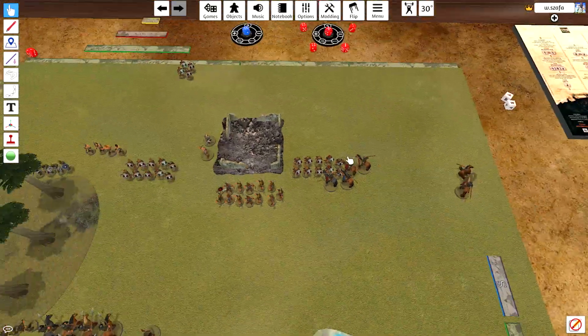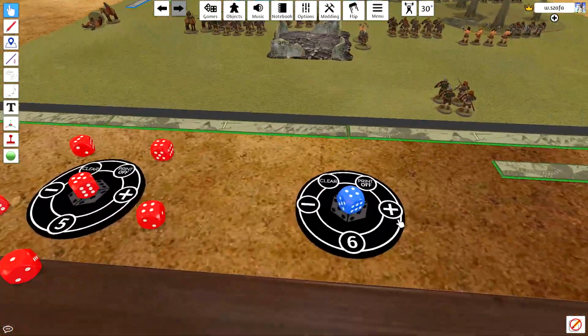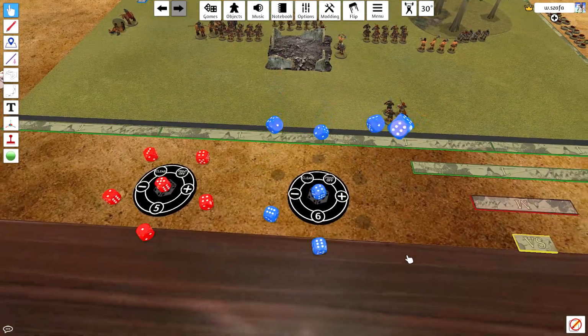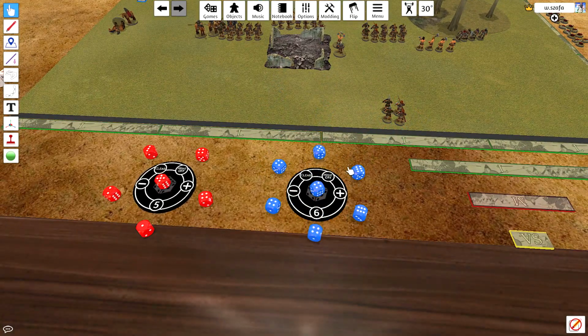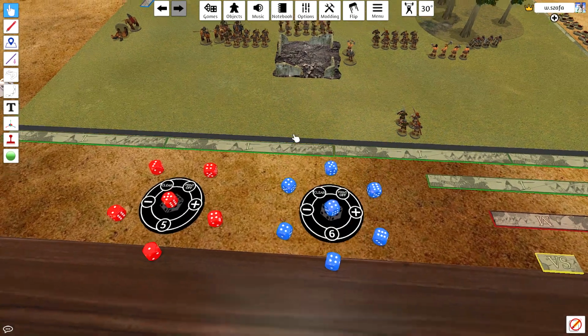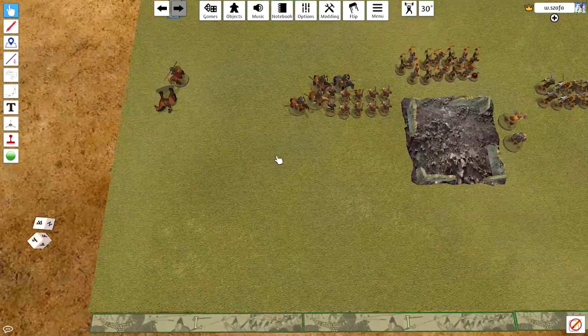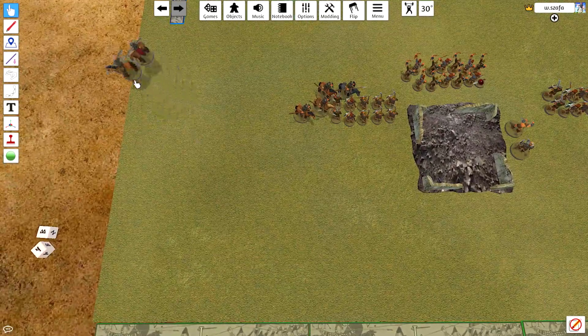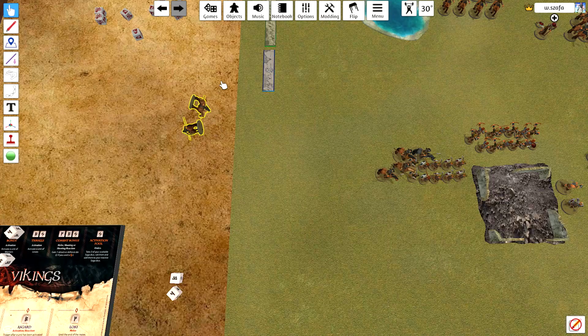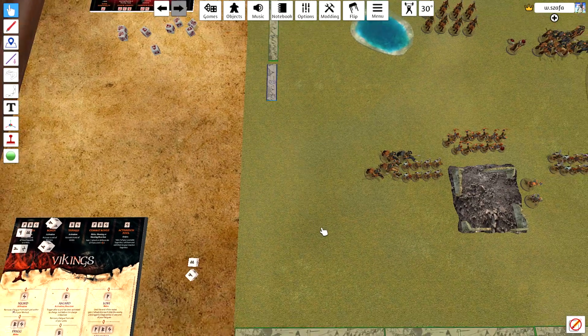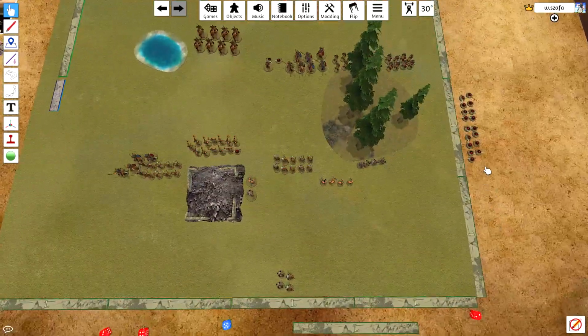Okay, now the Viking guy is saying, okay, 6 for me. So I'm defending on 4s because I've closed my ranks, and as you can see, the shield wall is victorious, right? So these 2 guys, you can just move them around, or you can just delete them by drawing a rectangle and hitting delete. And now both of those units are getting fatigues,